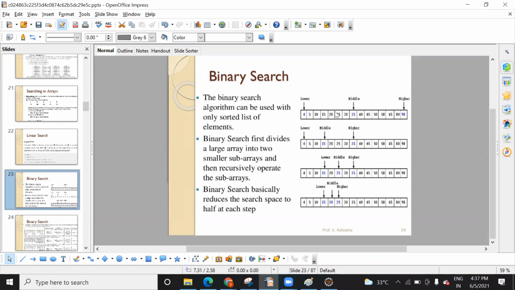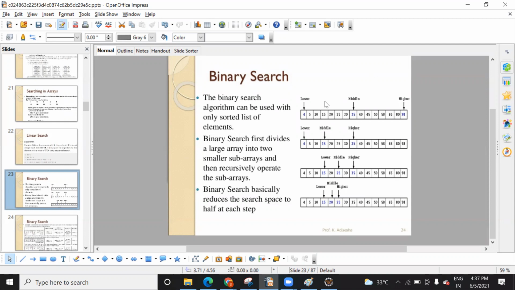It will compare the element, and if the element is lower than the middle value, it will do the left part, and if the element is higher than the middle one, it will do the right part. Then it will compare that middle element to what we are searching for.